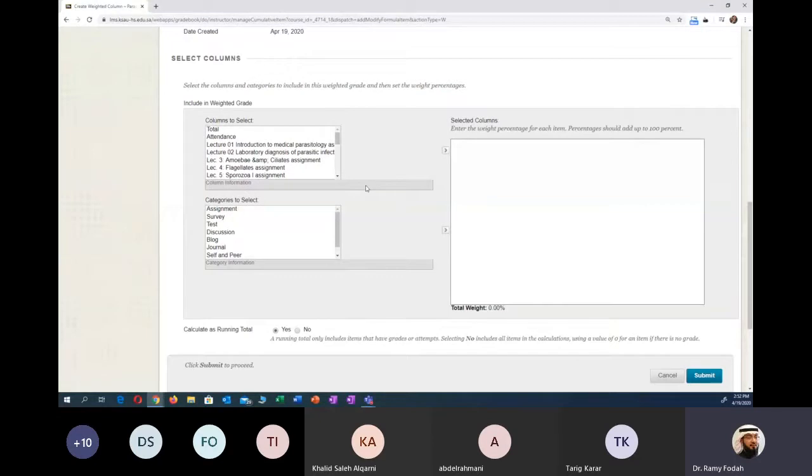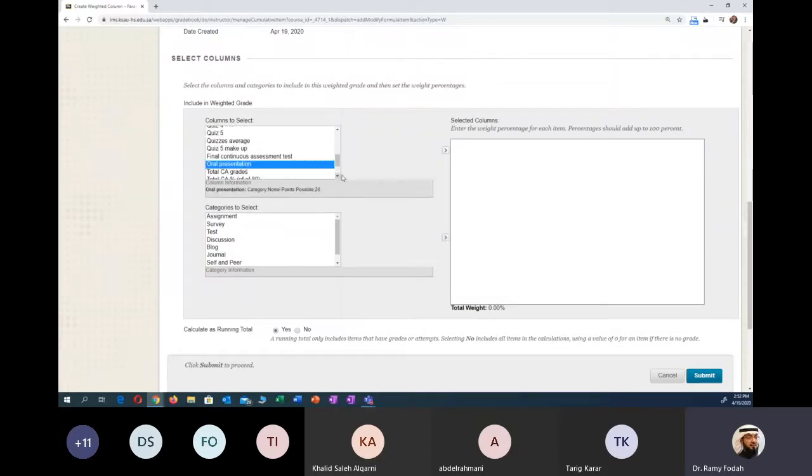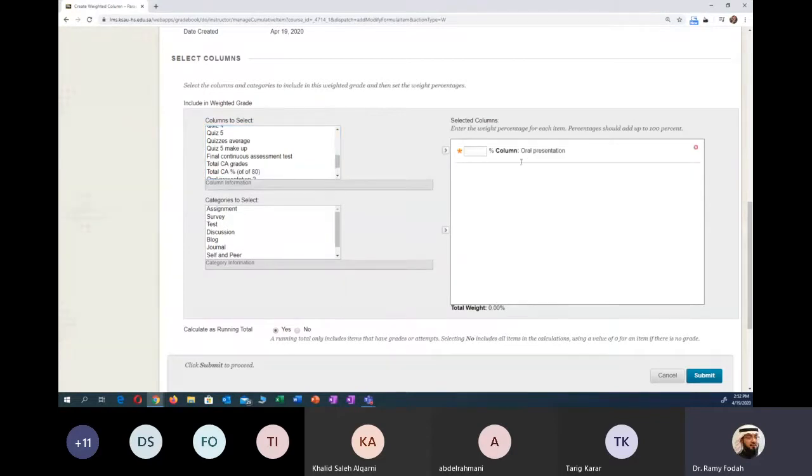And what you do here is basically I can say how much this assessment weighs. For example, if I said oral presentation and I add it here, this is mainly your configuration. This is your assessment configuration. So regardless of how much you score the oral presentation from 30, from 40, from 50, from 10, this oral presentation is going to weigh 20% out of